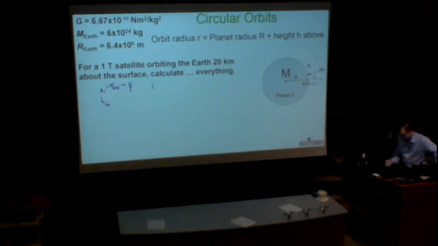So the law says, well, two Newton's laws together, second and people call it fourth, say that the product of the constant, two masses over distance squared should be equal to mass times acceleration. Not a new equation. We used it